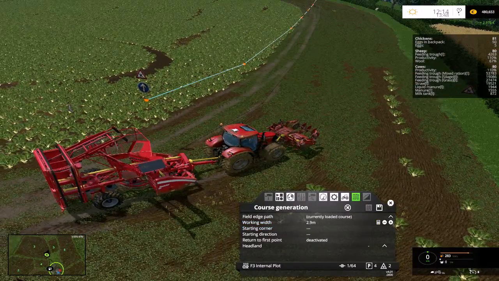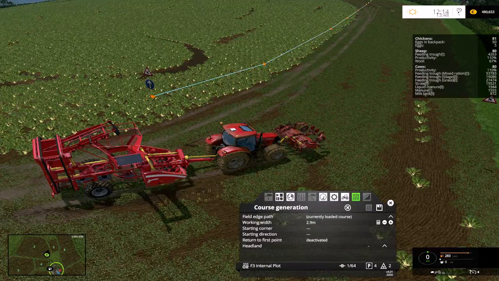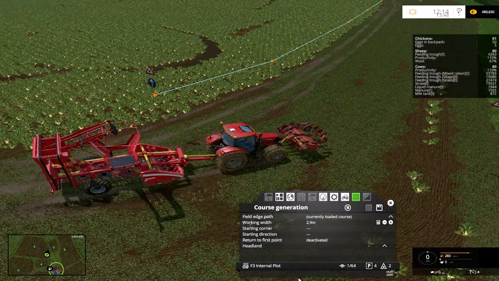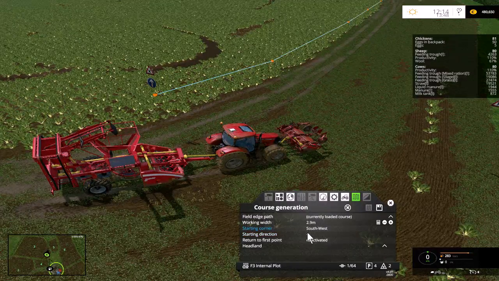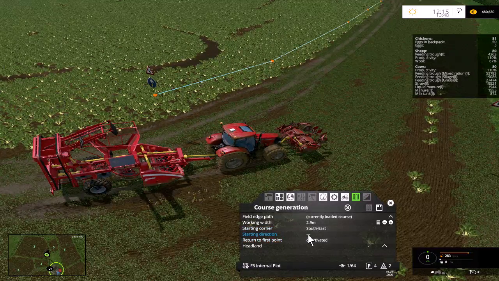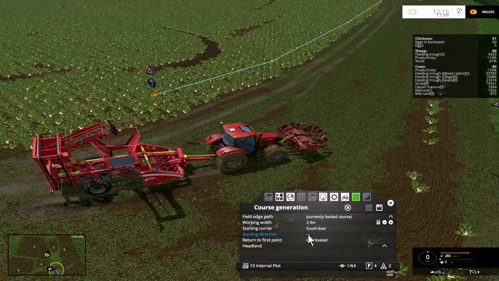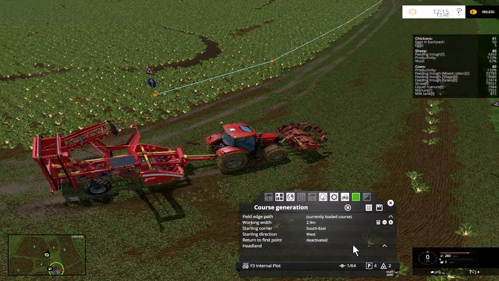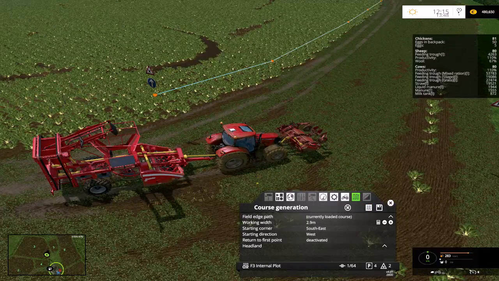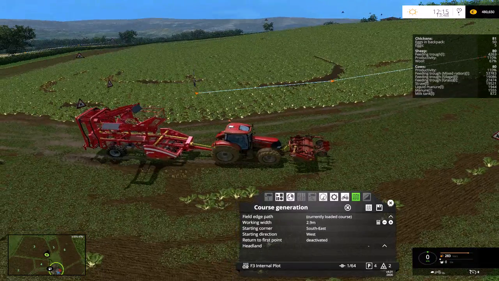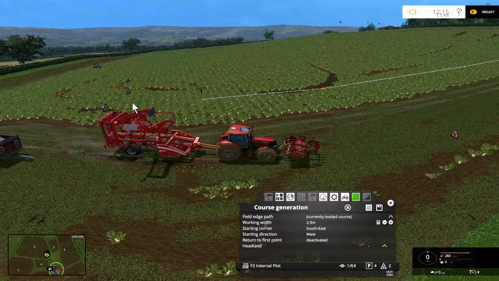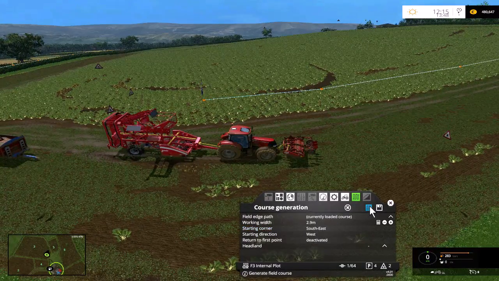We'll say that we are starting in the southeast corner, and we will be trying to go west, and then we will plot the course and we'll say generate course. When we do this, if I can just show you the field, currently it's just got the plot on it. Let's get that out of the way, watch what happens. Generate a course,